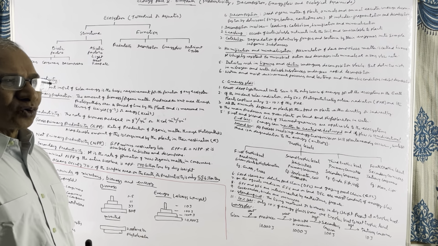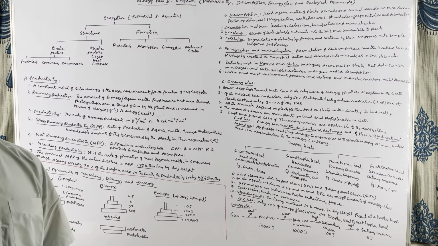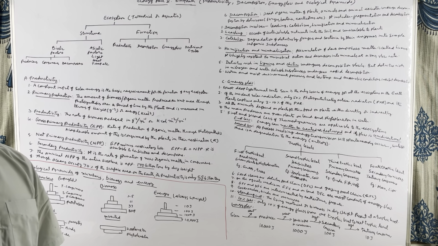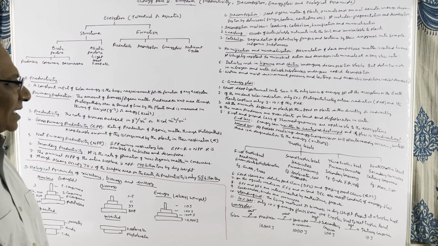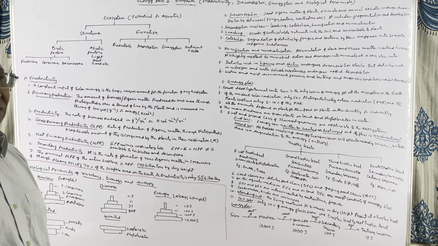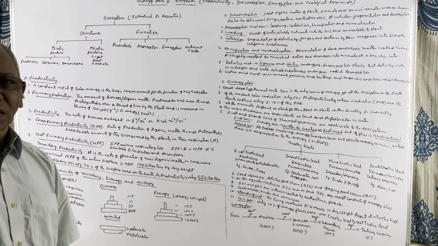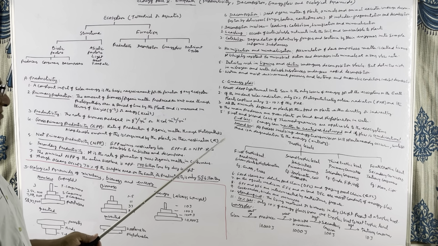That means out of the solar energy reaching the surface of the earth, only 50% is useful for photosynthesis, and this is known as PAR, or photosynthetically active radiation. And how much of this PAR is captured by the plants? Only 2 to 3%. So, a very small amount of solar radiation, which is photosynthetically active, is used by the plants in photosynthesis. And this energy runs all the ecosystems present on the earth.